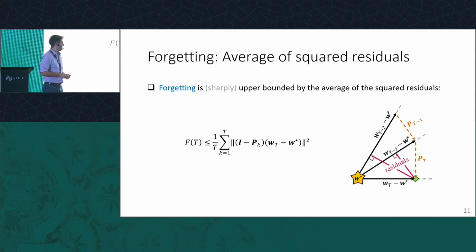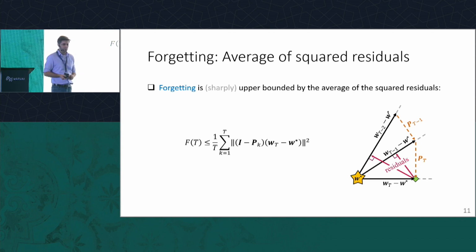So the forgetting is just, if you write the expression you had before, you can see it's the sum of these projections, the orthogonal, complementary projections on all the tasks. And you can just visualize this as the distance between where you are and the sum of all those projections back to the previous tasks. Okay, so now we have an expression for the forgetting and the distance to the teacher using these projections.